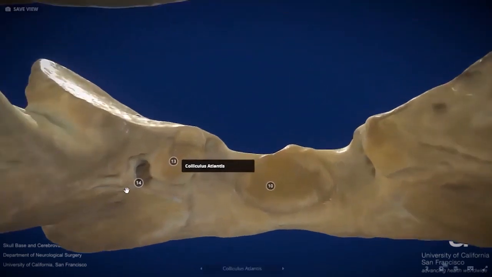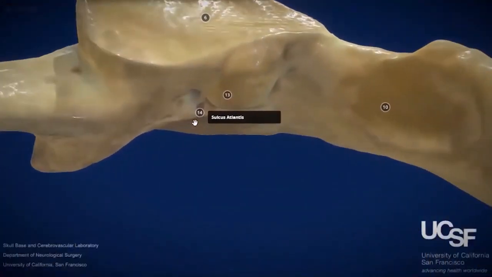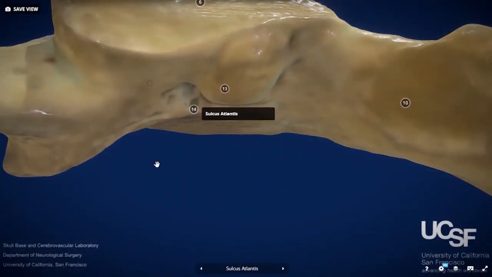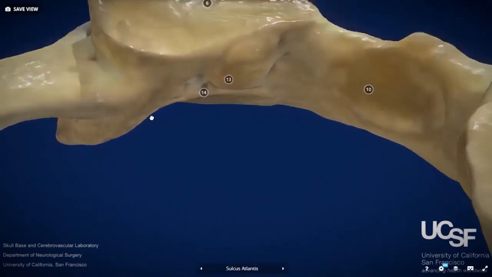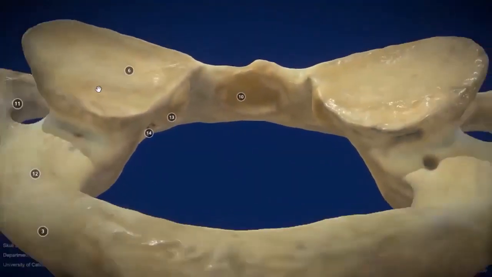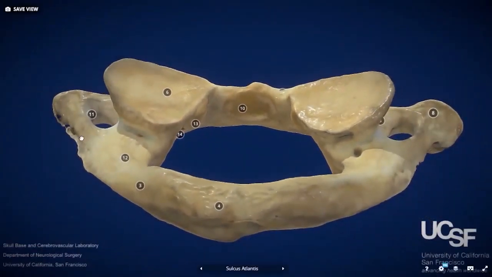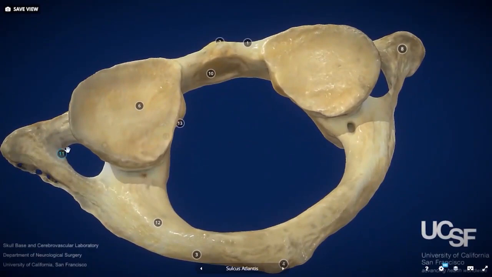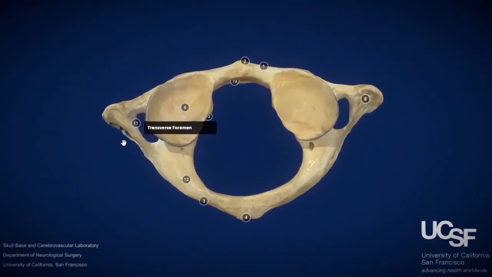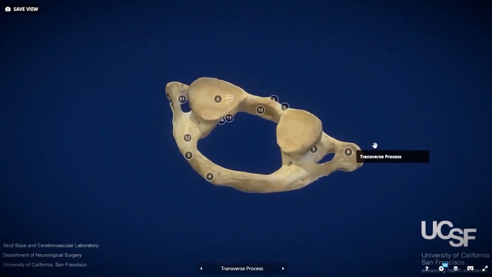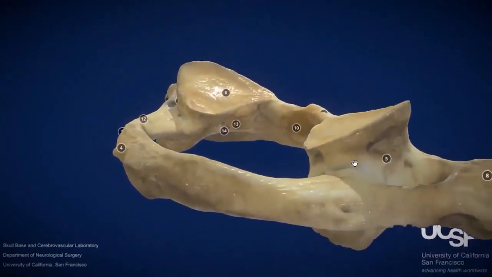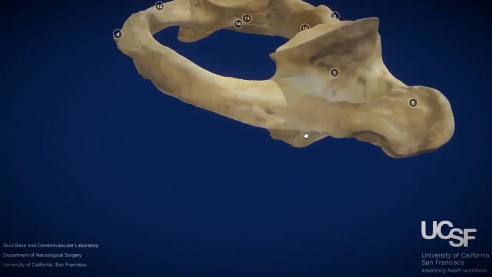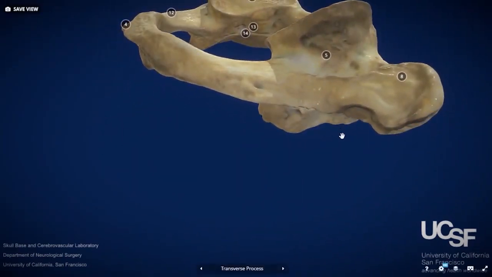Posterior to the colliculus atlantis, we have the sulcus atlantis, which is a foramen where a branch from the vertebral artery is going to be traveling through, providing blood supply to the lateral masses of C1. Lateral to the lateral masses, we have the transverse foramen, and more laterally we have the transverse process. As we mentioned previously, the transverse foramen is a foramen through which the vertebral artery is going